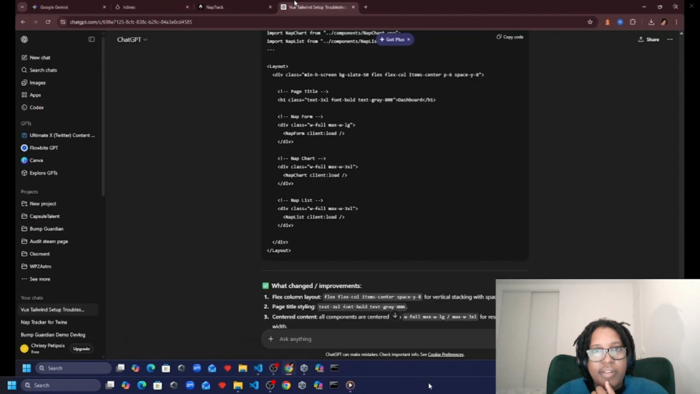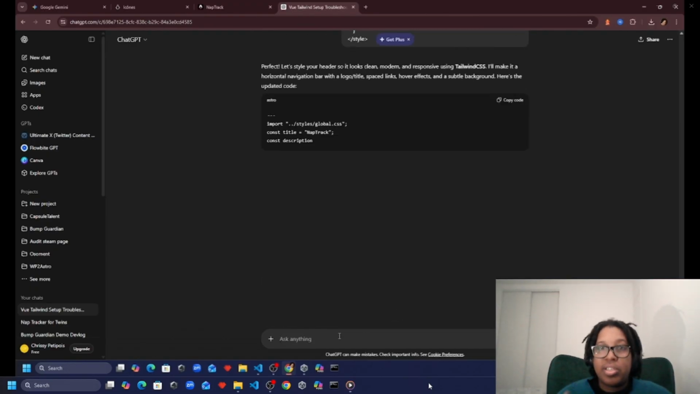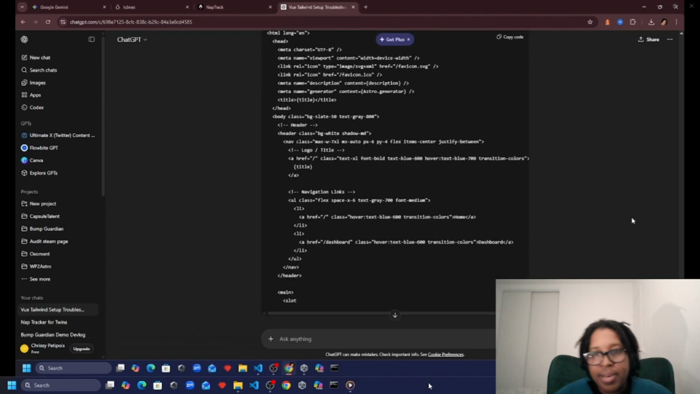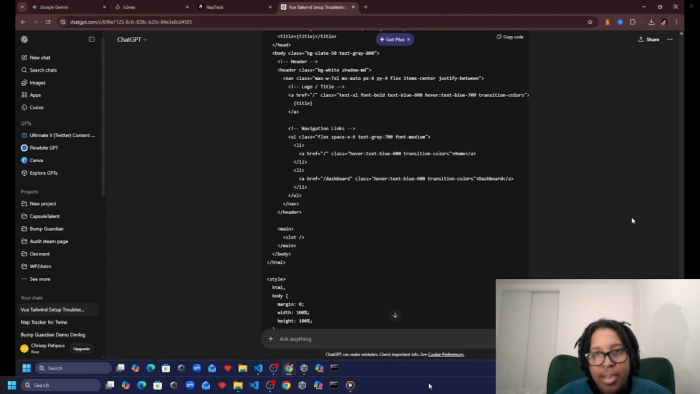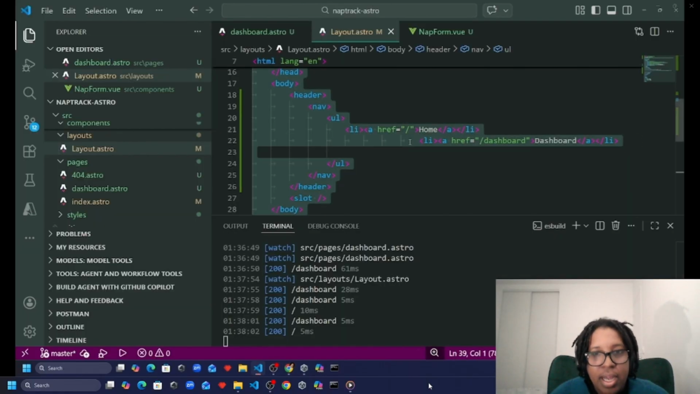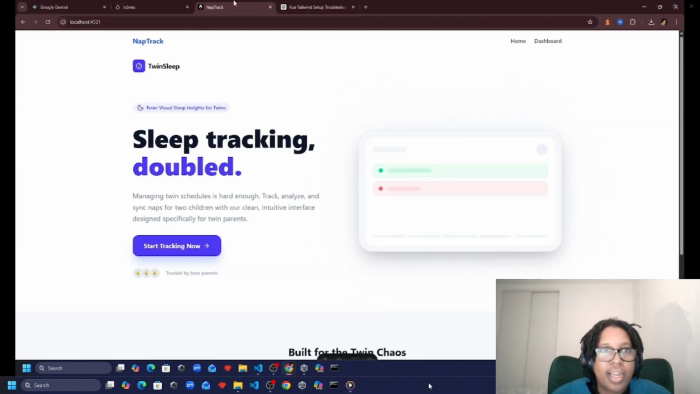ChatGPT to style it for us. Obviously, this is just to speed up development. I mean, for production, you obviously want to take your time and do your own. But it's just going to help us quickly style things out. And that's how I use ChatGPT to speed up development. There we go. So we've got a nice